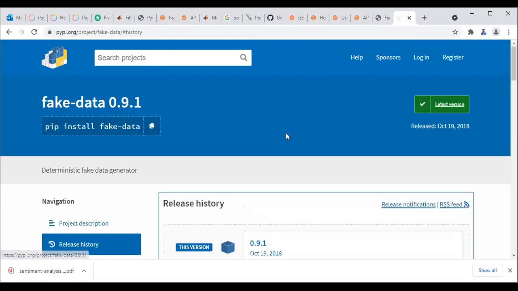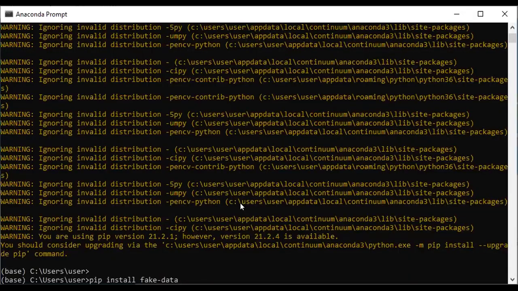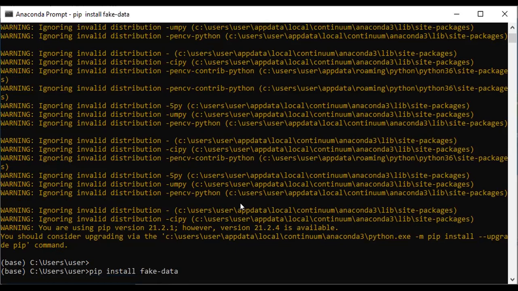Once I copy this code and paste it into Anaconda prompt, I just click enter to install. If I install this, I'm going to get the latest release version. You understand? But I can actually install a previous version.